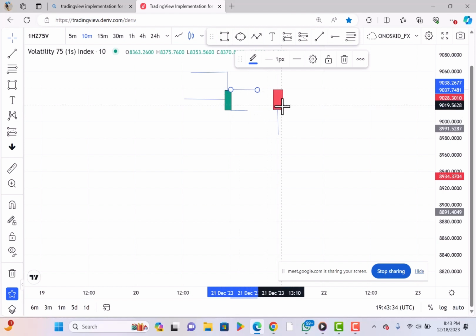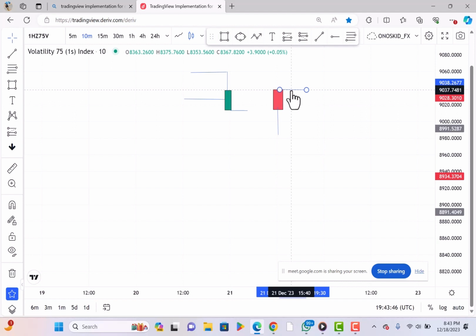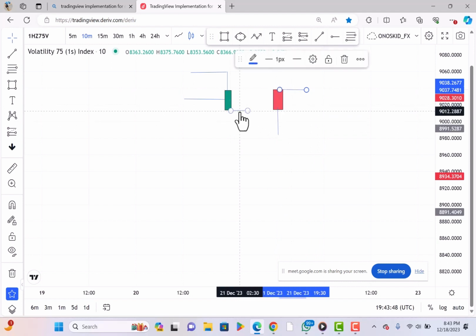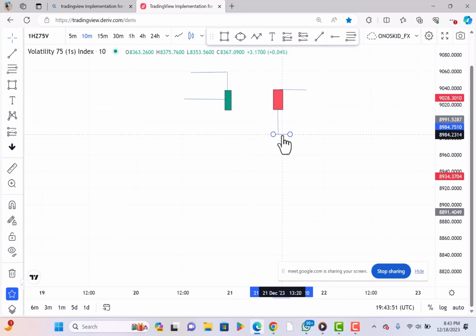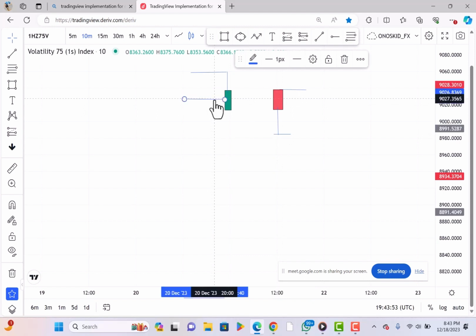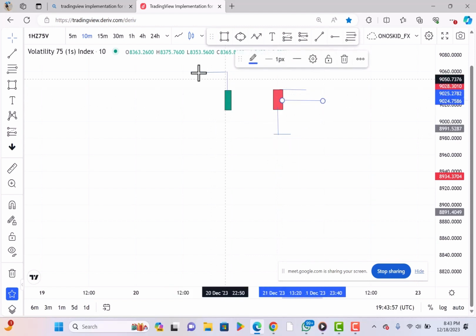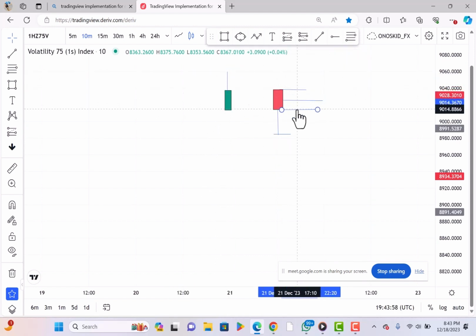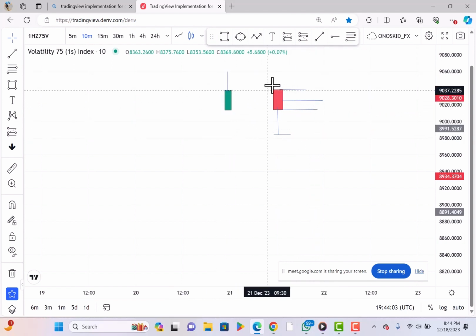Now, coming down to this bearish candle, we have the open of the candle here. We have the low. We have the body as usual, and also we have the close of the candle. Just like the interpretation of these ones, immediately this candle opens here, what you notice is that